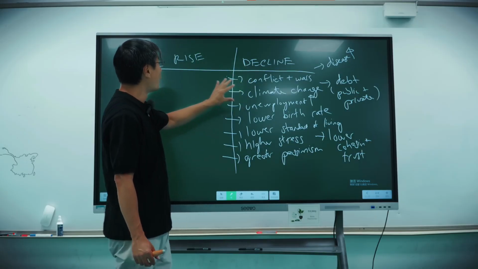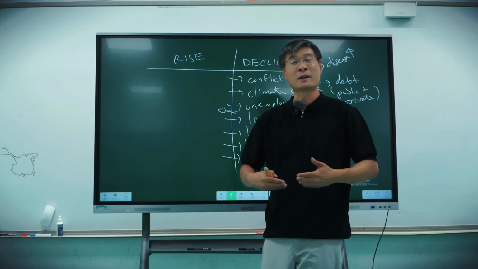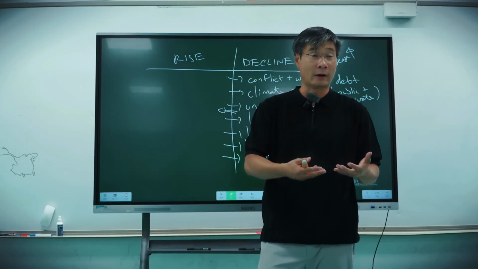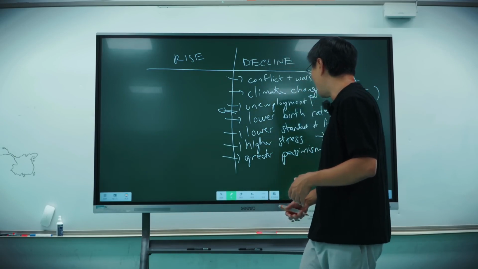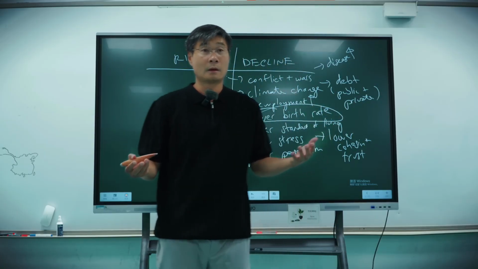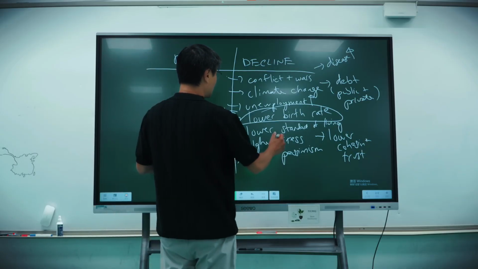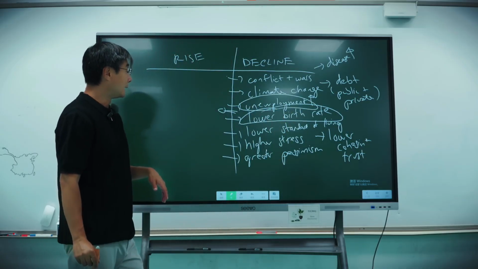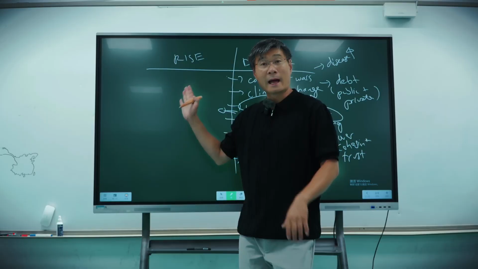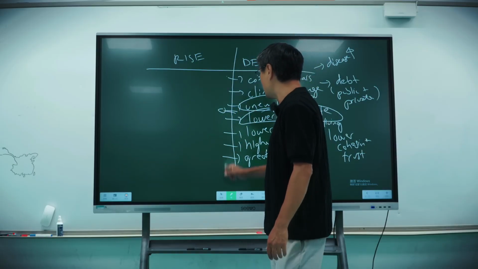Now, these are signs of decline. Well, if we look at rise, then obviously it's the opposite, right? People are much more willing to trust each other. Rather than going into debt, people will save money. People are healthier. People are much more optimistic. People are having lots and lots of babies, right? People are employed. So these are all signs that society is in decline. The rise, it's the opposite.